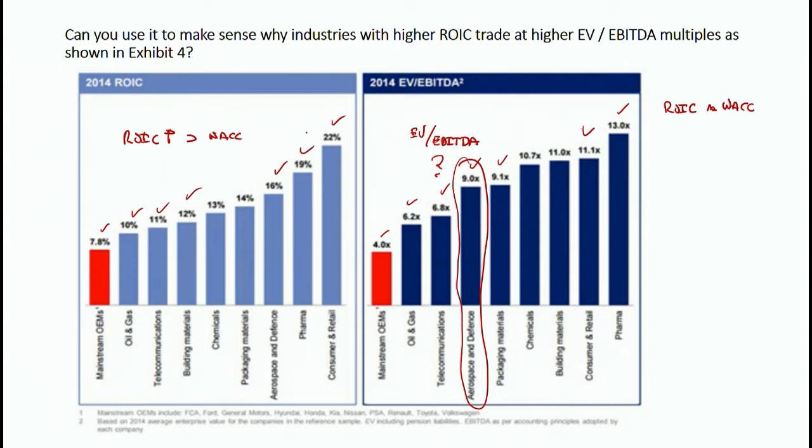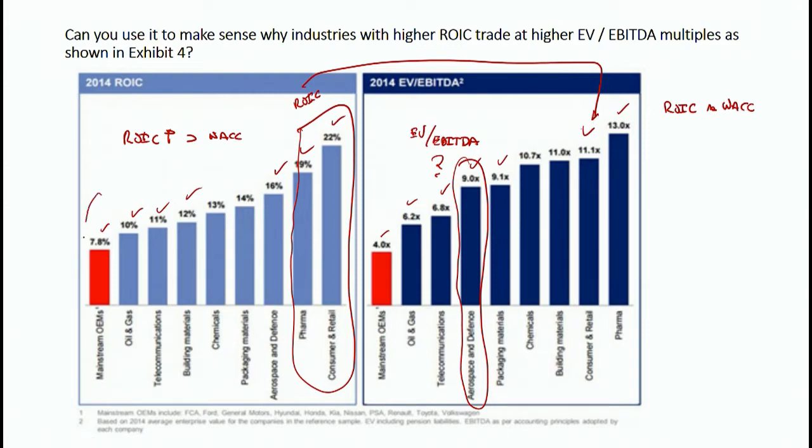So basically the ones that have the highest return on invested capital also in fact have the highest multiples. The ones with the lowest return on invested capital also have the lowest multiples. All right, so finishing up,